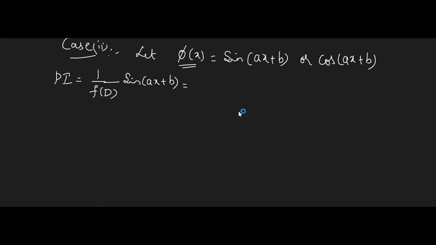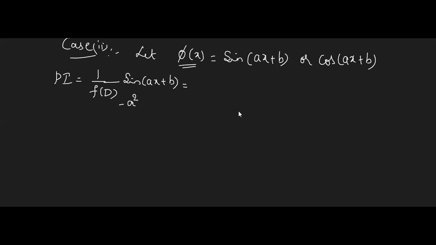Now here, suppose you have sine or cos of ax plus b, just see what is the coefficient of x in the trigonometry. What is attached to x here? A. So take that a, square it and attach a minus sign. For example, if you have sine of 2x plus 3, my minus a square will be minus 4. I am first squaring it and then attaching a minus sign. It is not minus a the whole square.